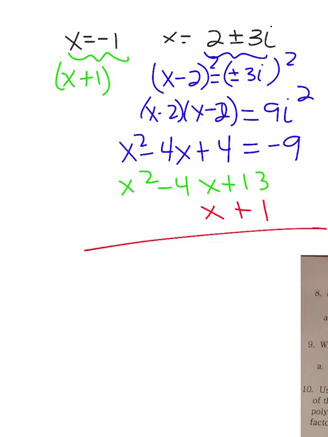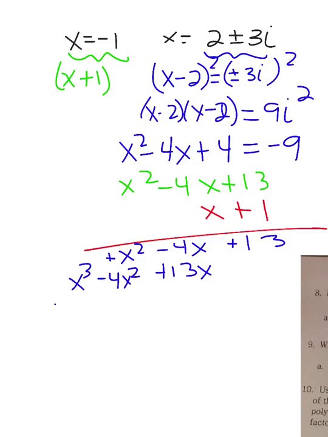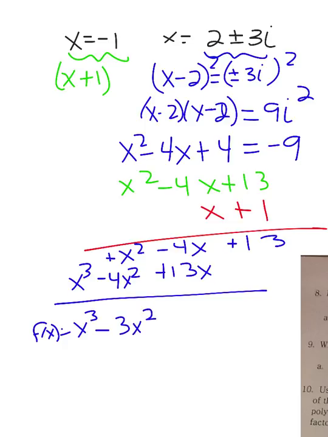All right, so when I distribute here, I have 1 times 13 is 13. All right, so that's positive 13. 1 times negative 4x is negative 4x. 1 times x squared is positive x squared. X times 13 is positive 13x. X times negative 4 is negative 4x squared. X times x squared is x to the third. So I get f of x equals x to the third minus